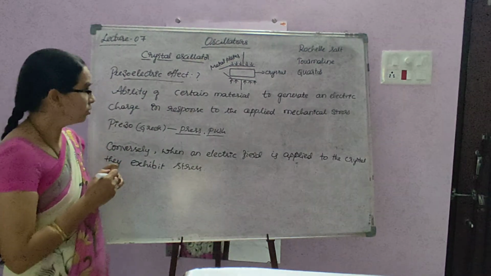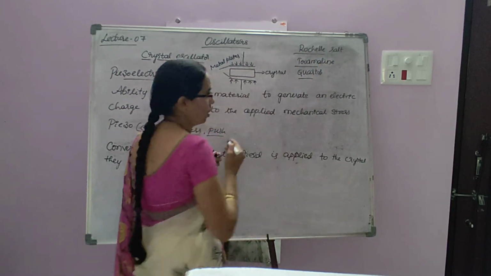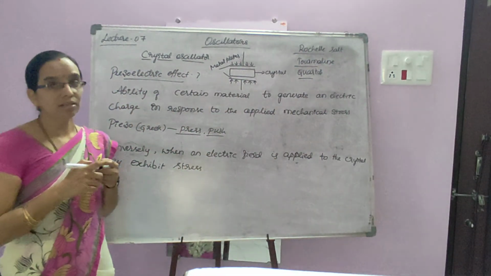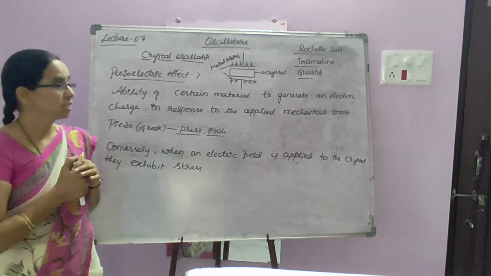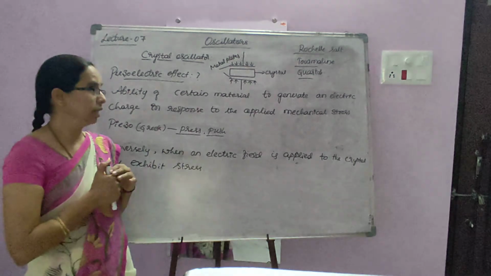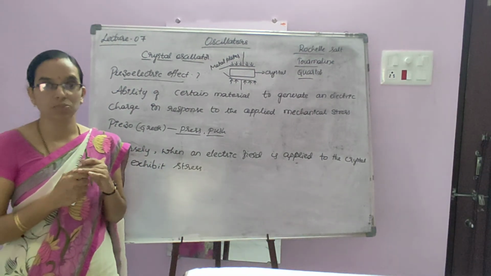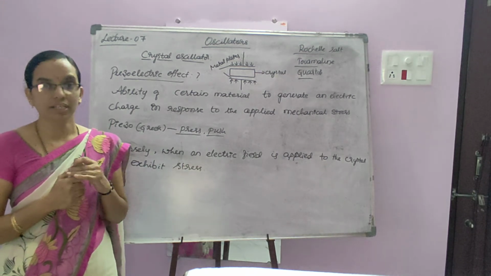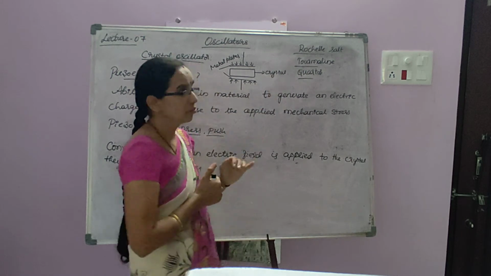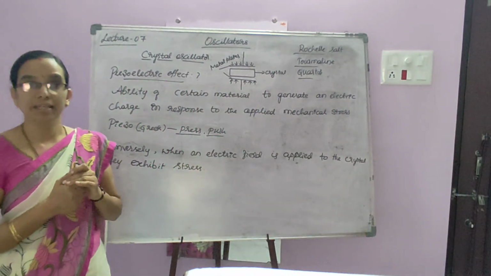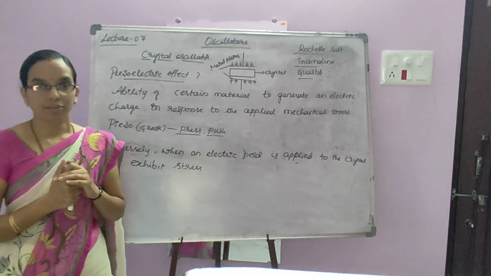Okay, the well-known piezoelectric materials are Rochelle salt, tourmaline and quartz. Rochelle salt is very good at piezoelectricity. That means it exhibits a good piezoelectric effect, but mechanically it is weak. It is affected by moisture and heat. And tourmaline is a piezoelectric material which is mechanically very strong but exhibits a very poor piezoelectric effect.